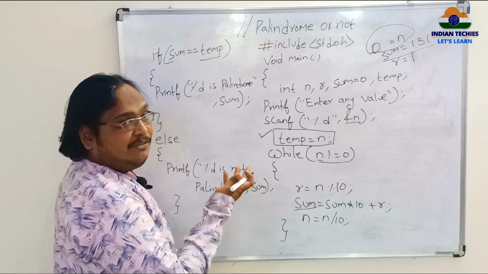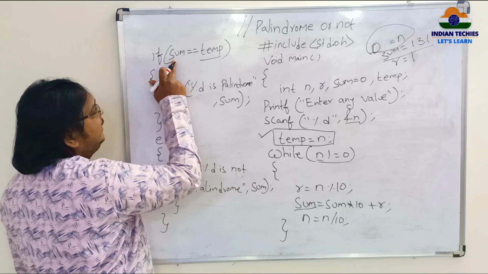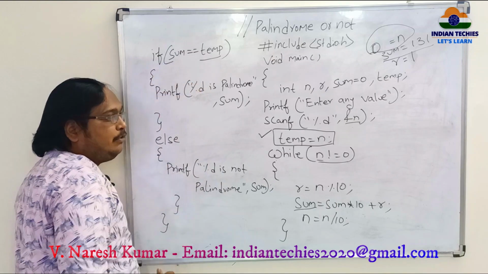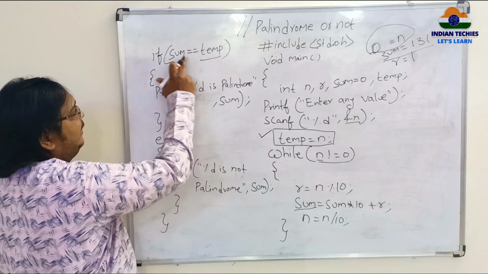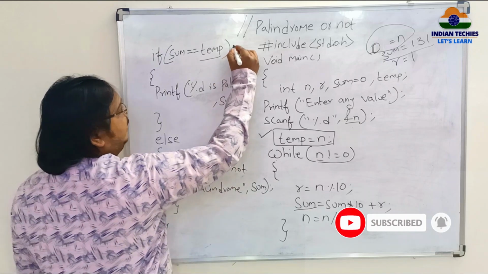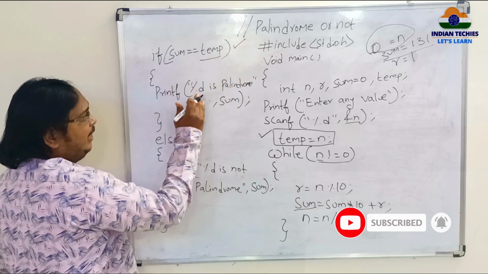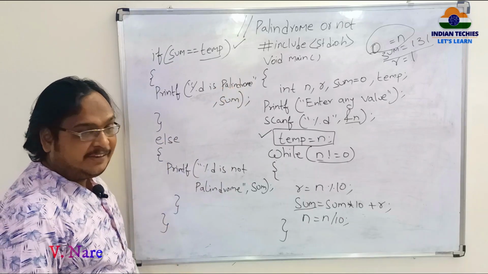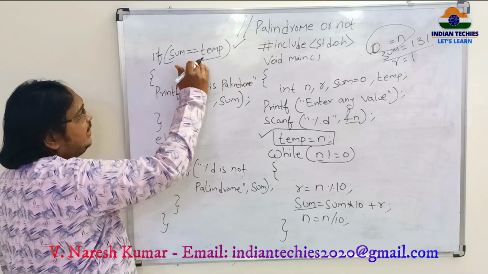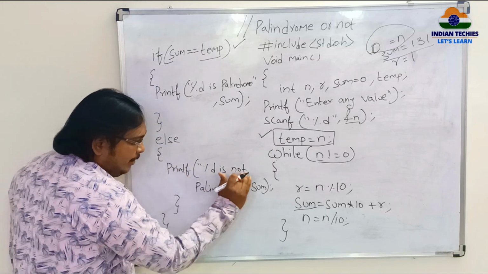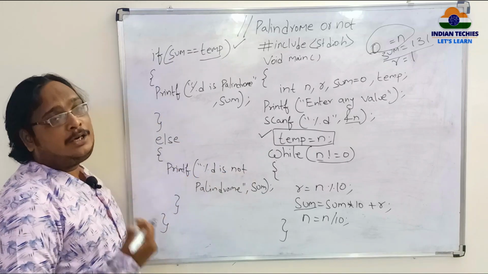So my calculated sum and input, if both are compared, this double equal to means compare the left side value and right side value. If both are the same, the condition becomes true, goes inside the if and prints %d is palindrome, whatever the number you have given. If this condition is false, meaning both are not the same, then it goes inside else and prints %d is not